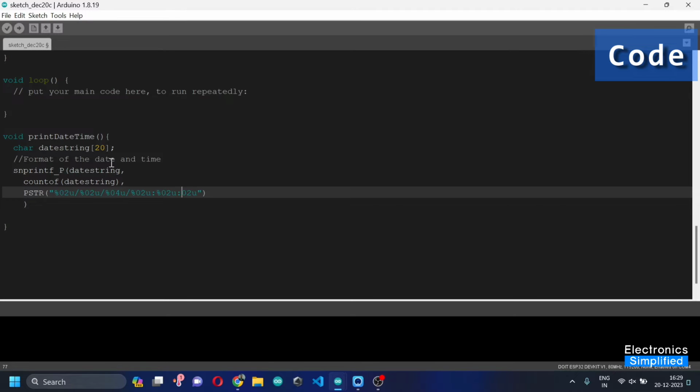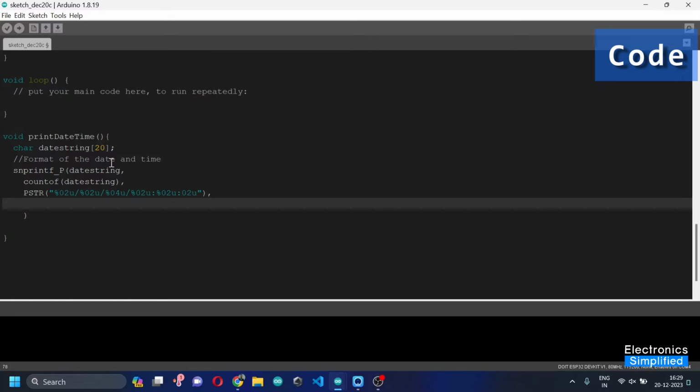Alright, so R minutes and seconds. This is the right format, and not a semicolon but a comma. Now here we need to define now.month, because I could write here day. Then put a comma and then write